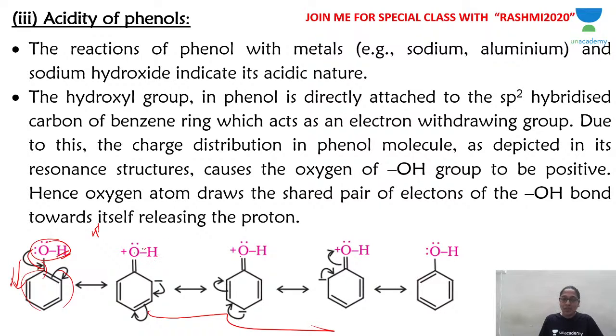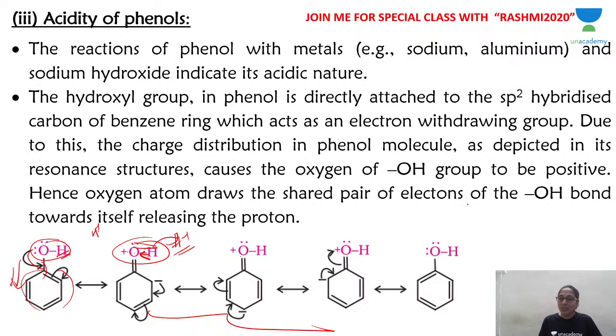Oxygen cannot carry plus charge. So what does it do? To compensate its plus charge, it pulls the electron from hydrogen. So it increases the polarity of the OH bond, releasing H plus ion. So phenol releases H plus ion because of the polarity of the bond. That is the first point. The second point is why they are acidic is